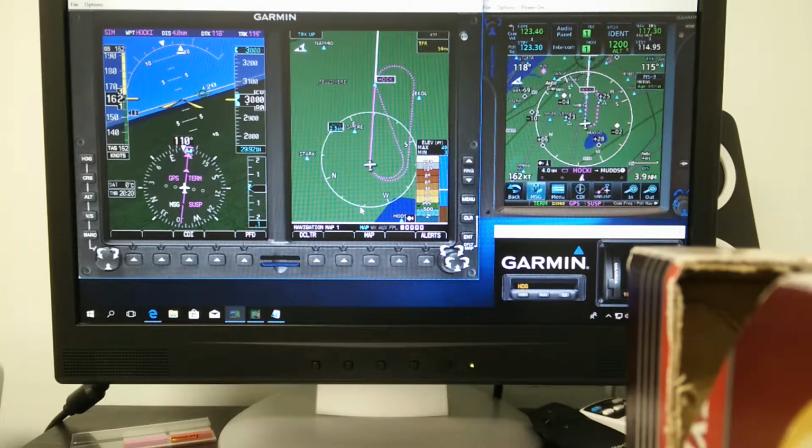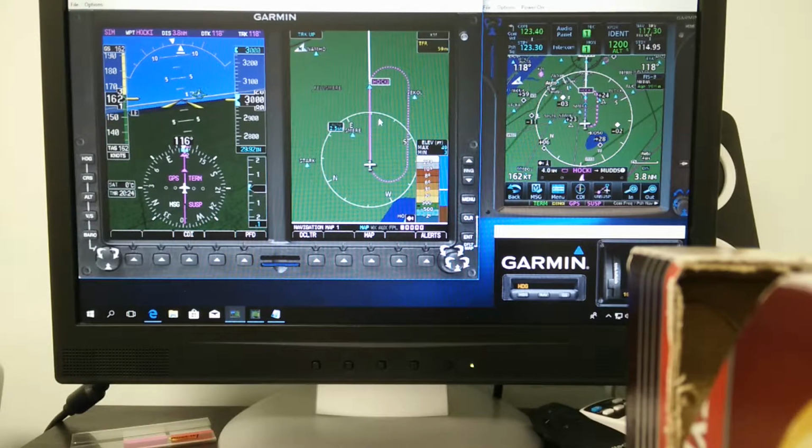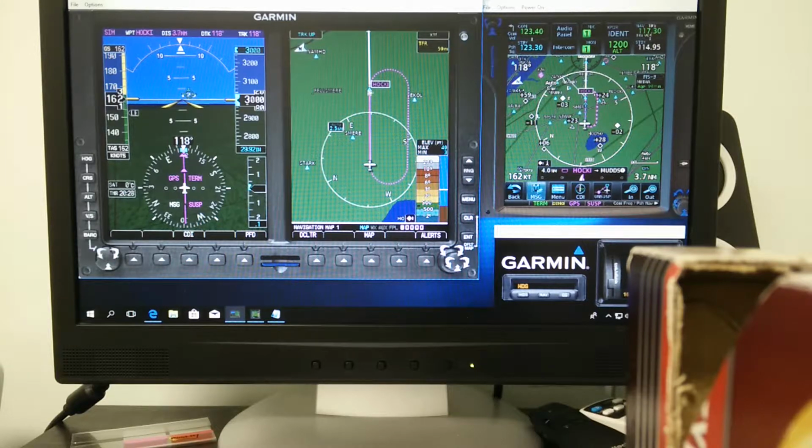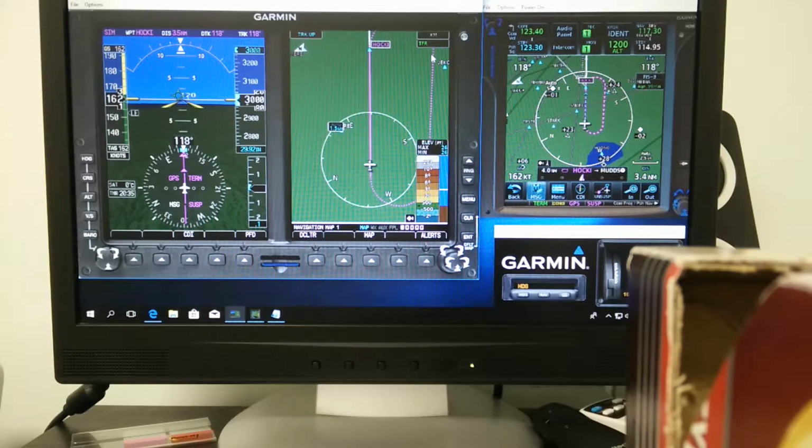There we go. Now when we reach Hockey again, if you're holding, you will get the to-from flip, and the GPS will tell us turn right to our outbound, which is 298. Okay? If you want to exit the hold,